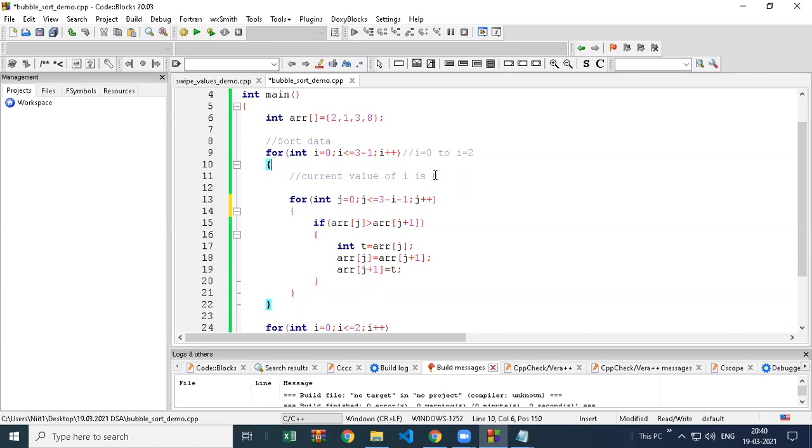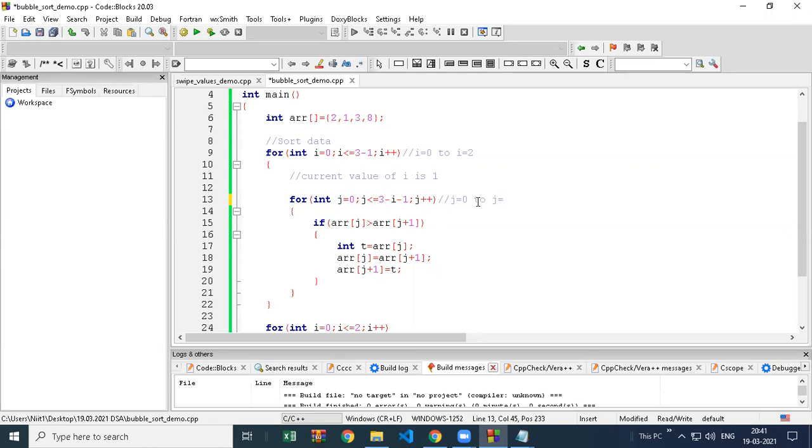Okay. Now tell me what is the next value of I. I value was 0. We started the loop. And now the I value will become 1. And because this loop was stopped, we will again start this loop with 0. If the loop stops and again we enter the main loop, it will come to the nested loop and this will start fresh. J value starting is 0. Now tell me the end value this time. What is the end value this time?